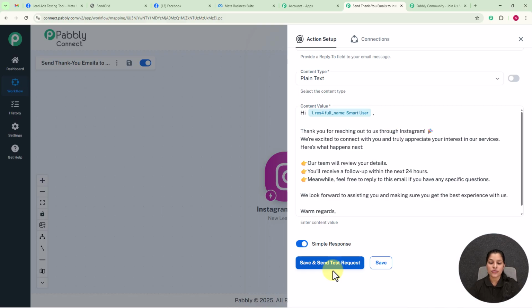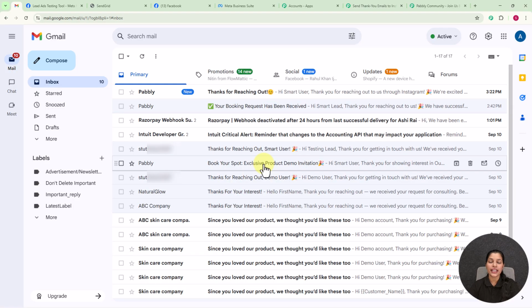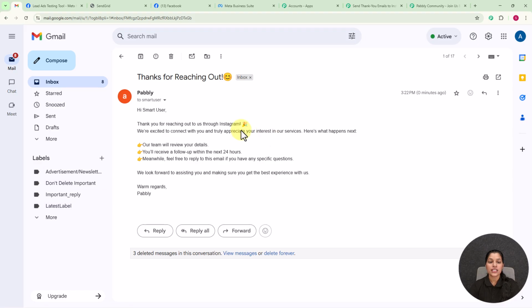Now we simply have to click over the save and send test request, and here you can see we are receiving a positive response, means we might have received our email. So for checking that, let's move on to my Gmail account. And here in my inbox you can see I'm successfully receiving the email with the same subject, that is thanks for reaching out, and the same from name, that is Pabbly, and the lead name which we have recently filled as smart user. So here you can see I have built this automation by just using an amazing tool, that